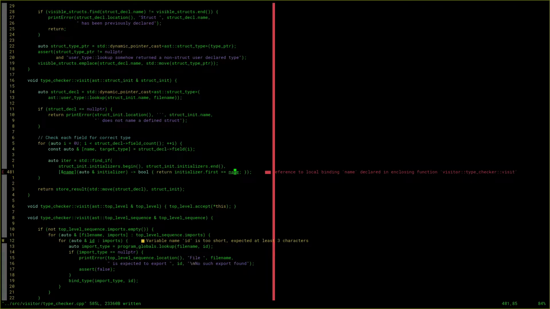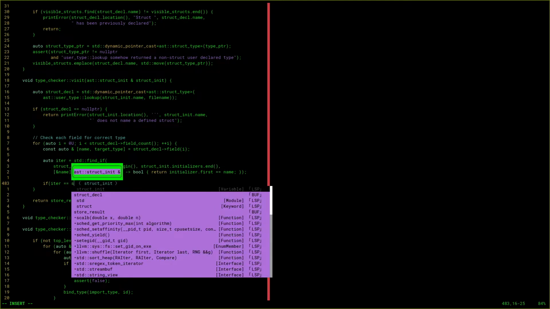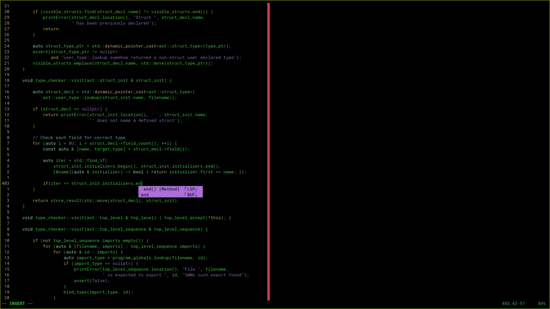Reference to local binding declared in the enclosing function. Huh? Eh. Okay. If iter exactly equals the struct init dot initializers dot end,